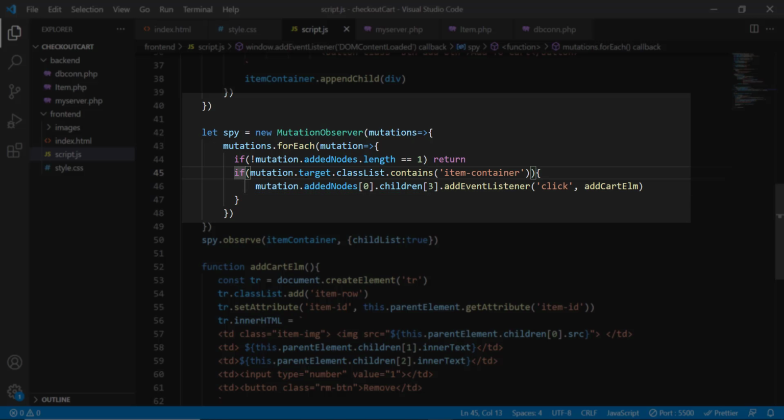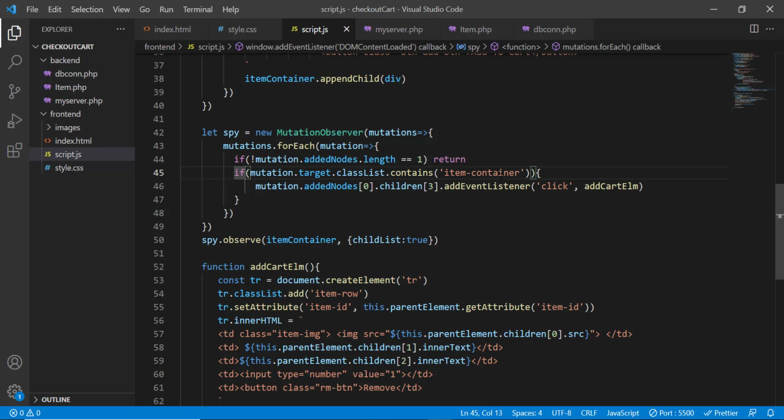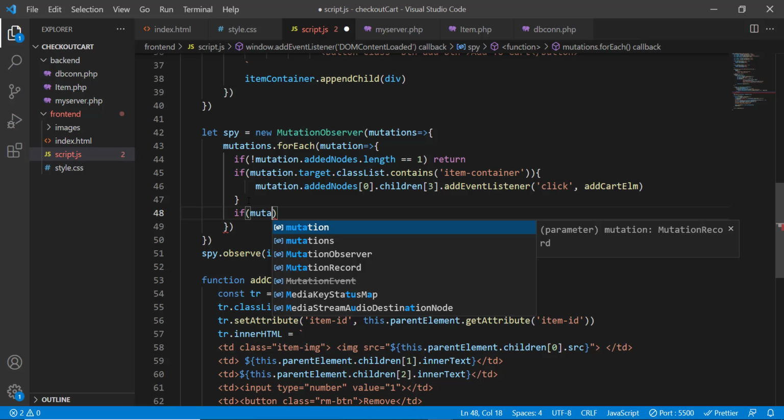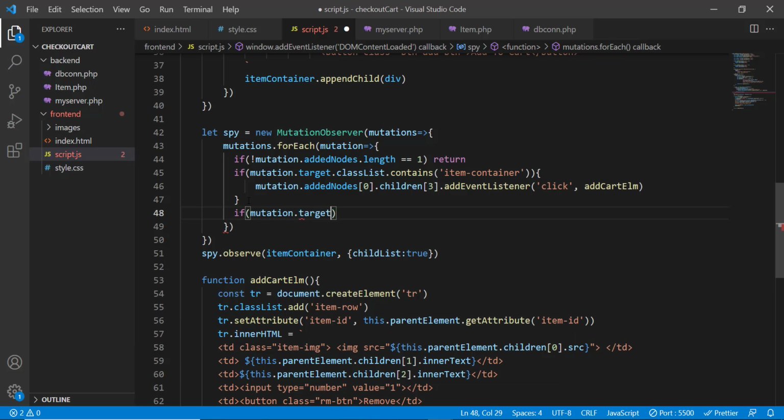Okay, so here we were checking if the target element, that is the element in which the new node is added, contains a class name called item container. So that means if yes, it belongs to the shopping section. So now we have to apply a similar check, but this time for the table body. So if mutation.target.classList contains